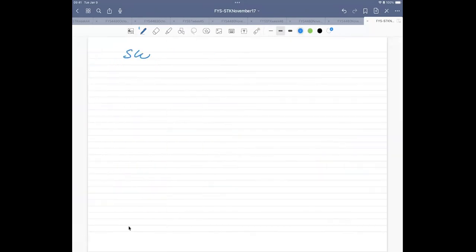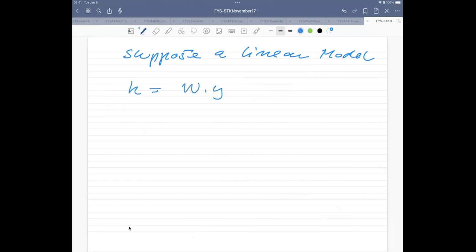So suppose now that we have a linear model, then what I'm going to do is simply to say that h is equal to this w times y, and g is also something which is linear. So that means that y tilde is simply going to be given by v times w times y.